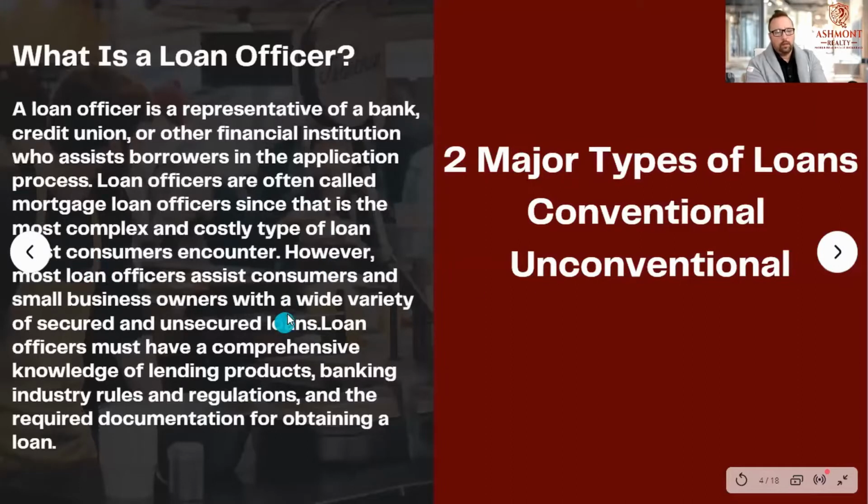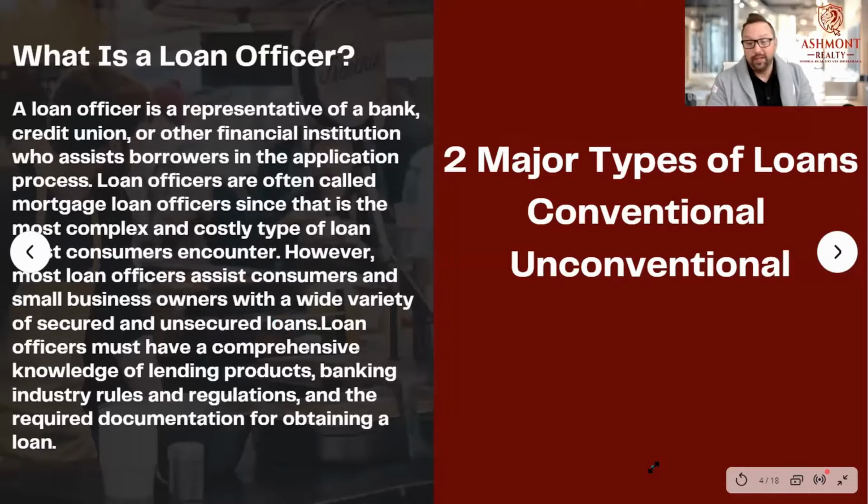So, what is a loan officer? Well, a loan officer, per Wikipedia, is a representative of a bank, credit union, or another financial institution who assists borrowers in the application process. Loan officers are often called mortgage officers or mortgage loan officers because they lend